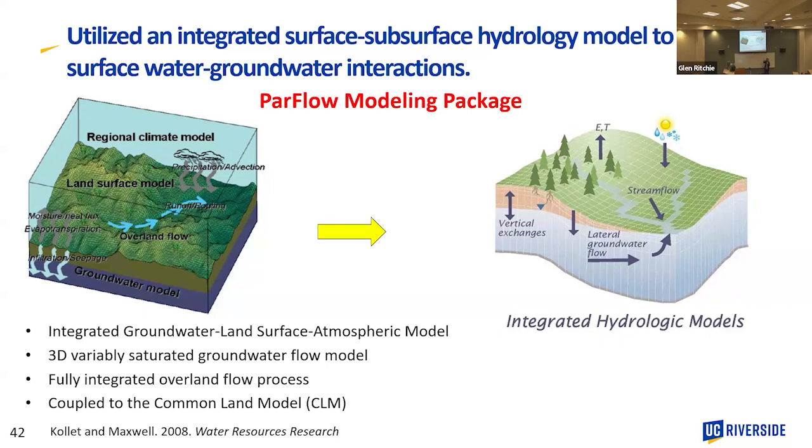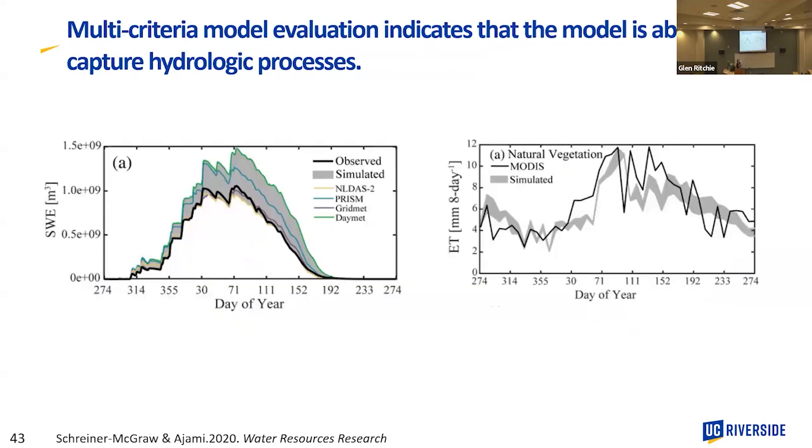But of course, when you have a simulation system like this, it takes a long time to run, and I'm not an atmospheric modeler. So as a hydrologist, I'm just looking at the connections between the land surface and subsurface hydrologic system. So using ParFlow for the Kaweah River watershed and forcing the model with different forcing data, you would see that, depending on the meteorological product that I use, there would be a lot of variability in the prediction of snow water equivalent in the mountains.